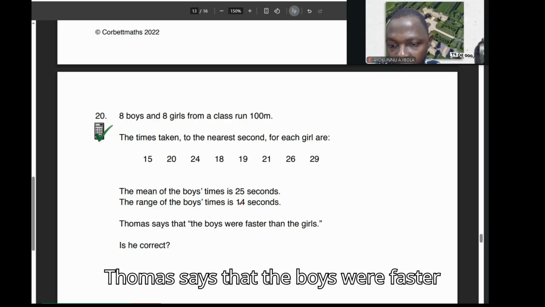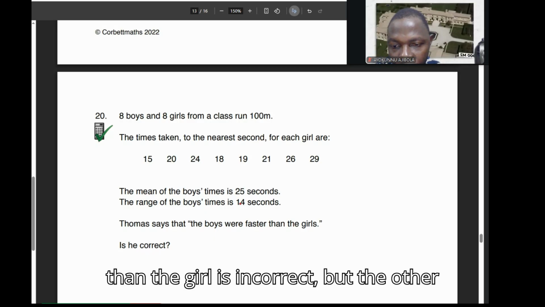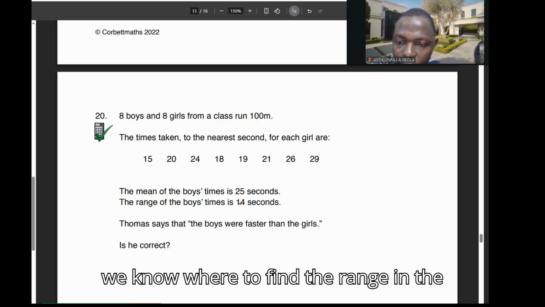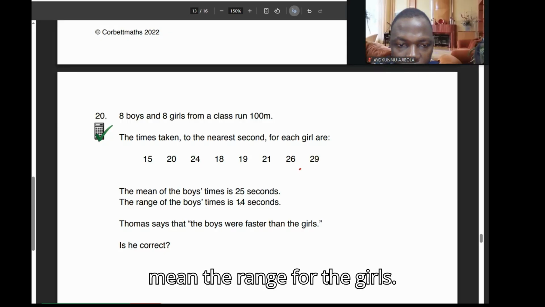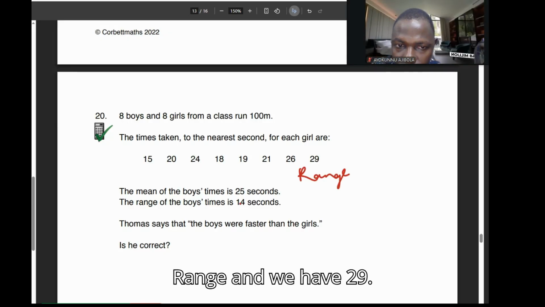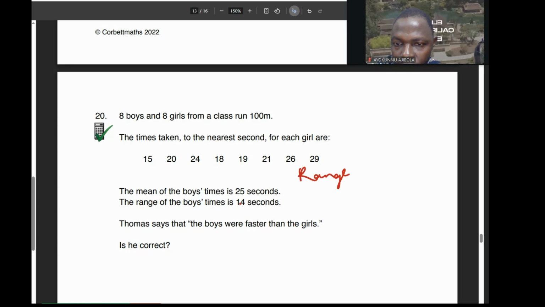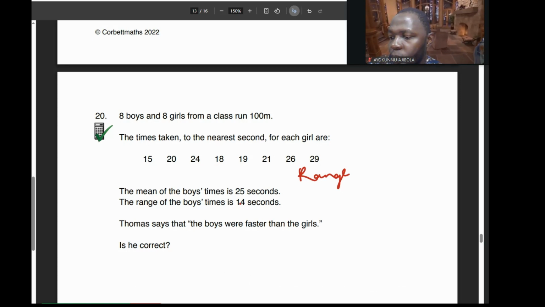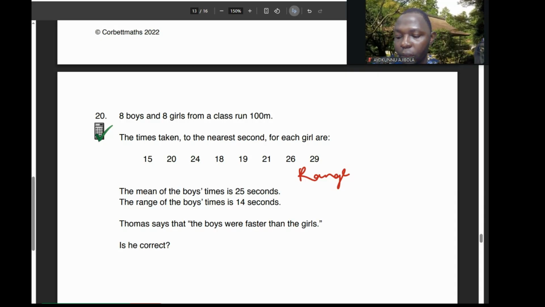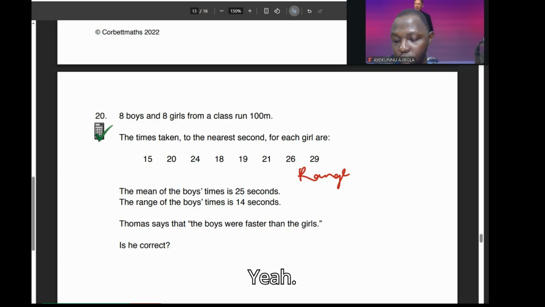Thomas says that the boys were faster than the girls. Is he correct? Okay, how do we know? We have to find the range and the mean for the girls. Range, we have 29. What's the smallest? I think I'll rearrange it first and say,